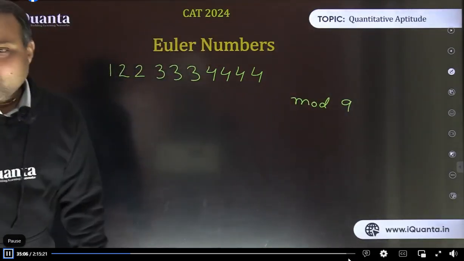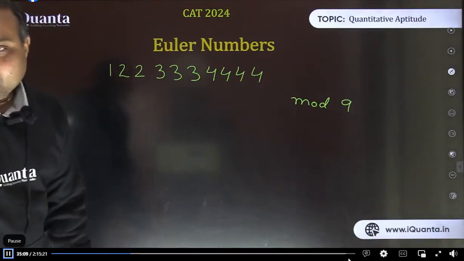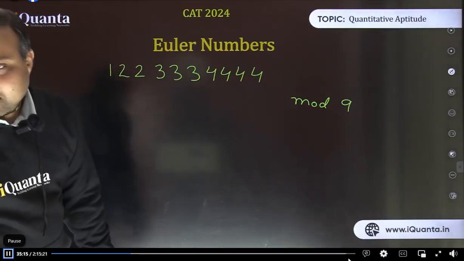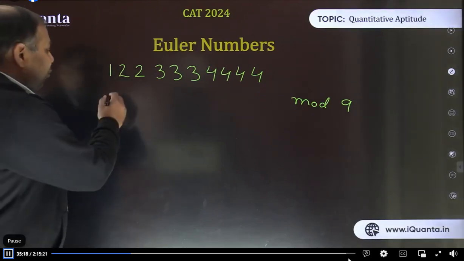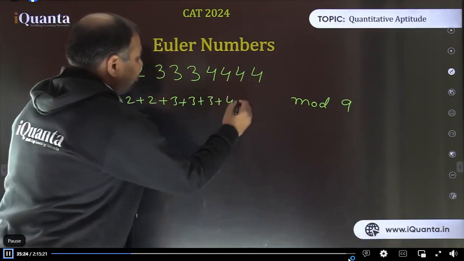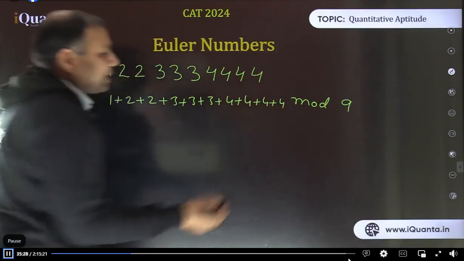The question is very easy. You have to use the various ways basically. That is the objective. How can you solve it? One obvious way is to add all the digits singly. Yes, you can add 1 plus 2 plus 2 plus 3 plus 3 plus 3 plus 4 plus 4 plus 4 plus 4, right? That is the obvious way.